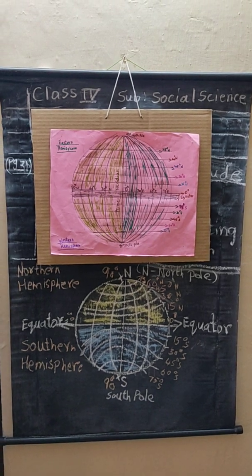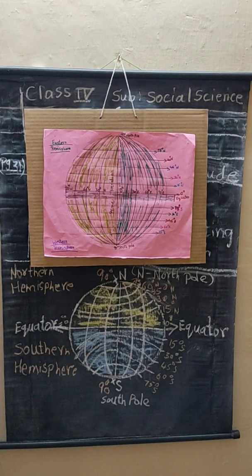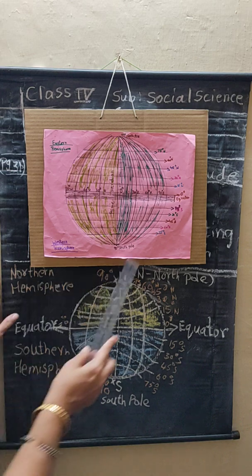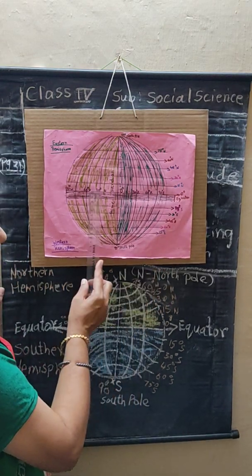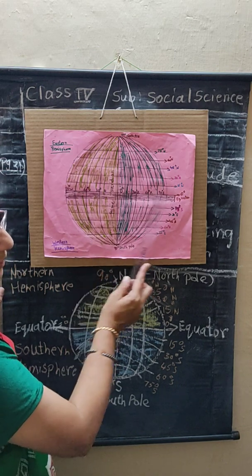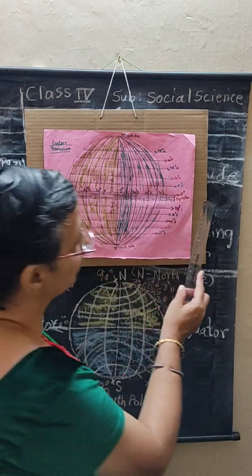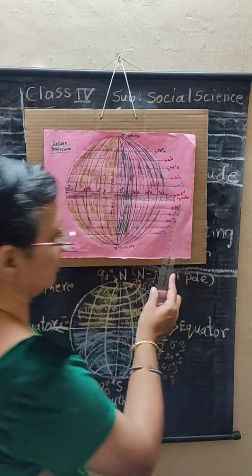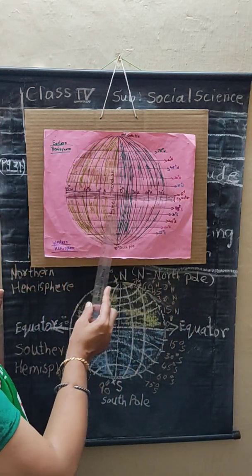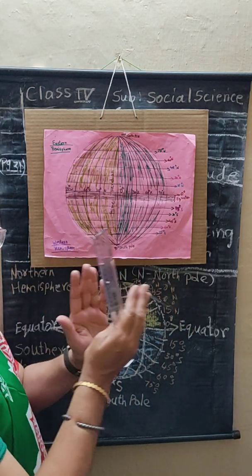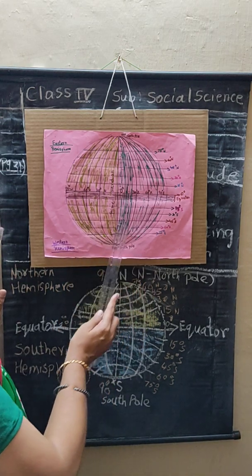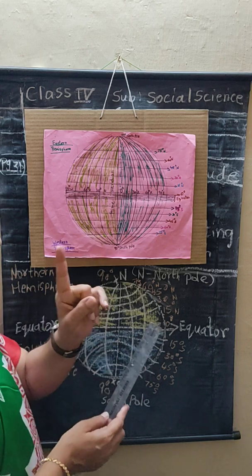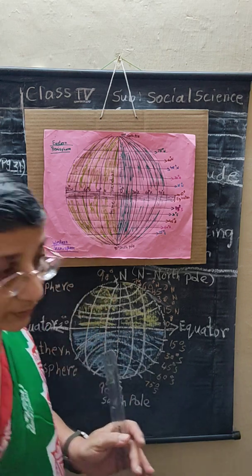Now here children, see, 1 minute. See children, from here to here, from east to west, a 1 day difference will become, okay, because of reflection. Sunlight reflects. So if you rotate, one side will become dark and the other side will become day. So there will be a 1 day difference for traveling.